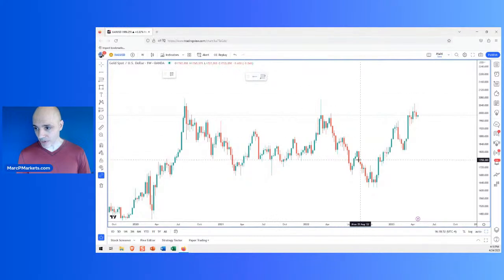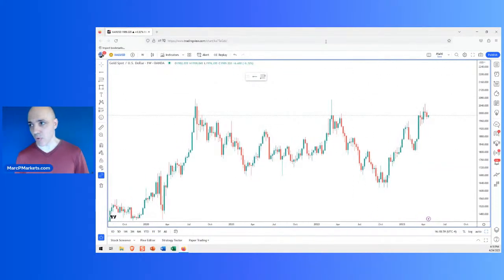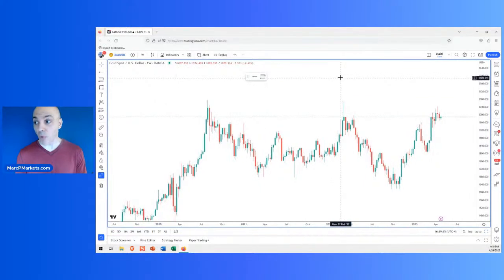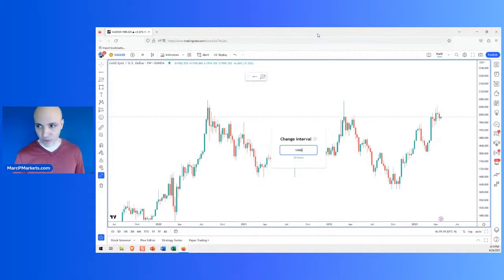Otherwise, for longs, really, you should be looking at old support levels, which go all the way back to here. We're nowhere near that. Okay, so for longs right now, be very short-term oriented. Take money off the table. If you have money on the long side, you have profit. Don't be afraid to take money off the table. I wouldn't be overly optimistic about a breakout, although it can happen. Right? It's impossible to forecast if it will happen or not.